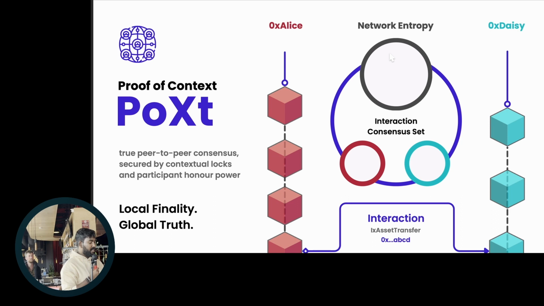We call them guardians. And when Alice and Daisy want to make a transaction, these two sets of nodes have to come together, right? And there is an operator who comes in and orchestrates this whole thing. His job is to put the cluster together. He goes to Alice's nodes and says, I have a transaction for Alice, do you want to join my cluster? And he goes to Daisy's nodes and says, join my cluster.